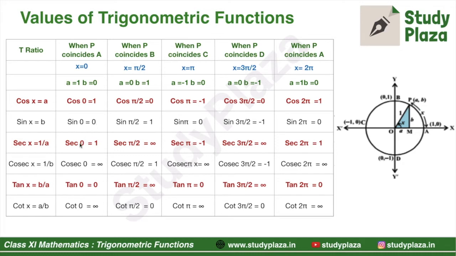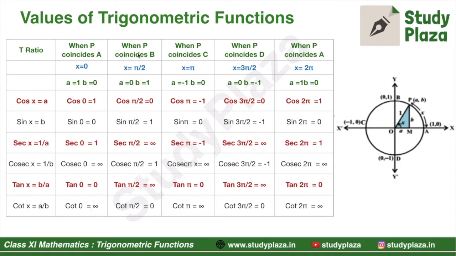Similarly, sec 0 is equal to 1 by A is equal to 1 upon 1 is equal to 1. Cosec 0 is equal to 1 by B, that is 1 by 0, is equal to infinity. Tan 0 will be equal to B by A is equal to 0. Similarly, cot 0 is equal to A by B,